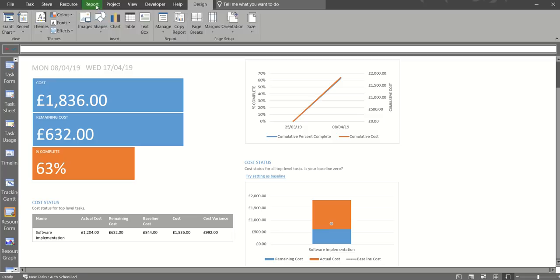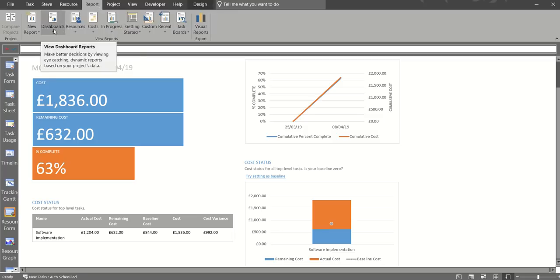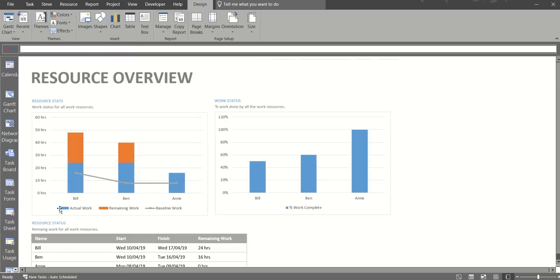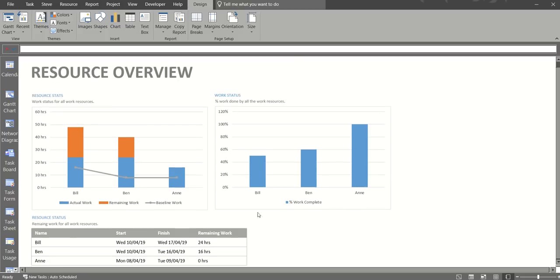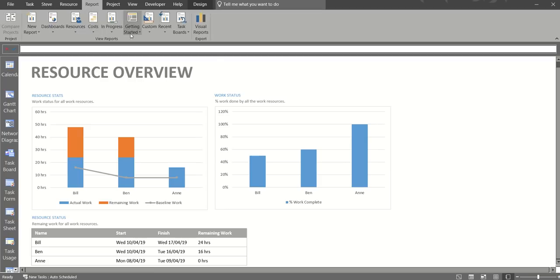And then I'm going to have a look at a different one. I'll look at the dashboard for resources, resource overview. So this tells me actual work and remaining work for each resource that's in the list. And then I've got some information down the bottom there. Now to create your own report, it's quite a simple process, but sometimes it can be slightly frustrating identifying